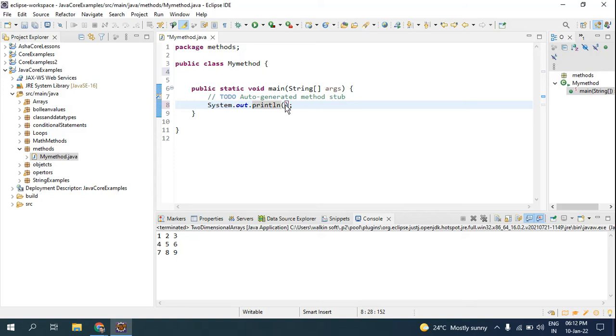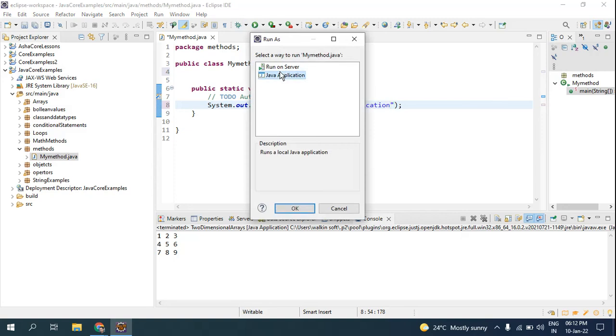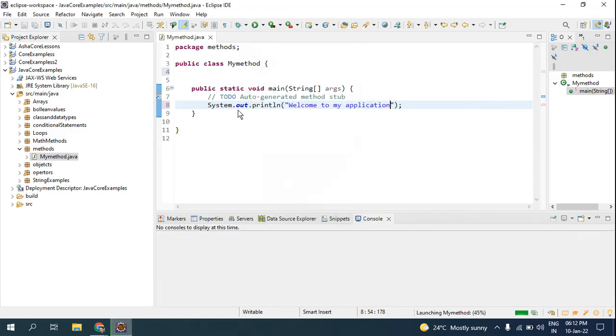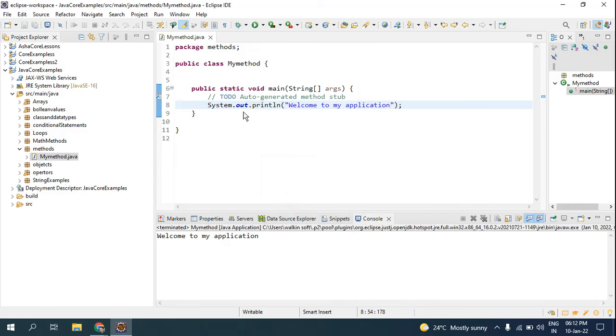Now inside of this I'll be adding something like "welcome to my application". For now this is an inbuilt function. Now if I run this, in the main method I have something to print, using System.out.println. Like this print method or the main method, you can customize the number of methods as you wish for your application. For now I'll show a simple method, like how to declare a simple method.